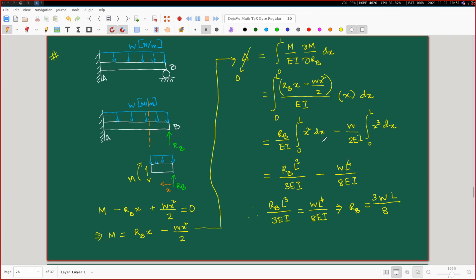And whatever we obtain is in terms of this unknown RB, but then we cleverly impose the condition that, okay, we have pretended to find a deflection, but actually we know the deflection there, it is actually equal to 0. So from that condition imposed on the deflection, we went on to determine the RB. So this is the overall spirit in which we proceeded with the statically indeterminate problem. Here in this one,